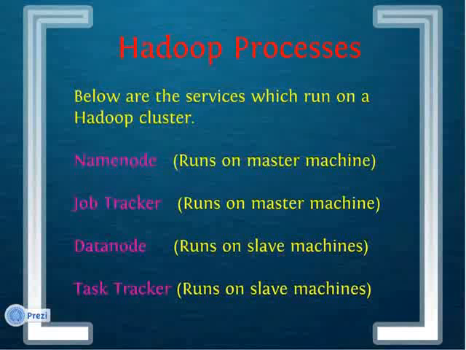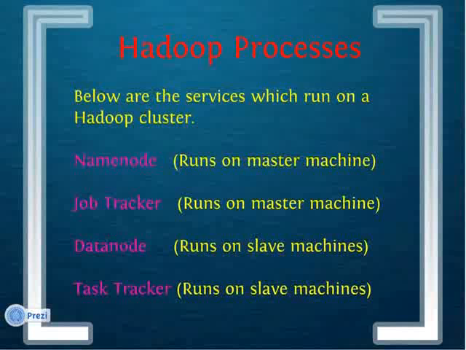Let's check it out. The first service is the name node. You may be thinking that previously I was telling you that the name node is the name of the master machine, and now I'm saying that name node is a service. So name node is a service only, but as it is running on the master machine, that's why your master machine is also known as the name node. Anyways, name node is a process which runs on the master machine and it is handling the storage part